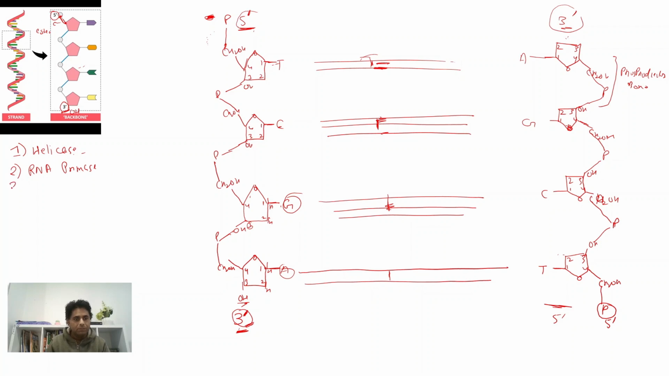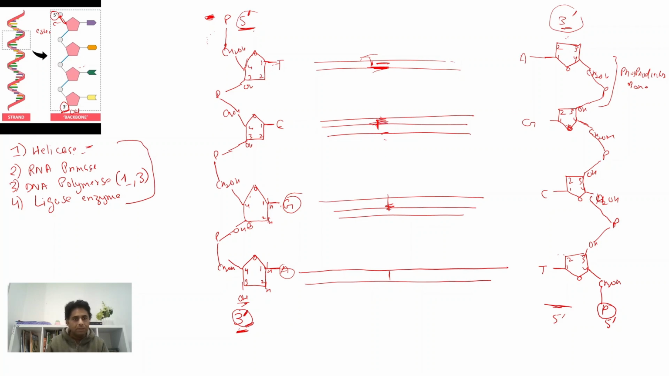The third one is DNA polymerase, DNA polymerase 1 and 3. And the fourth one is the ligase enzyme. So these are the four enzymes which are playing the game. If you remember these four enzymes, then you understand the replication process very easily. So the helicase is the zipper. It breaks down the hydrogen bond,